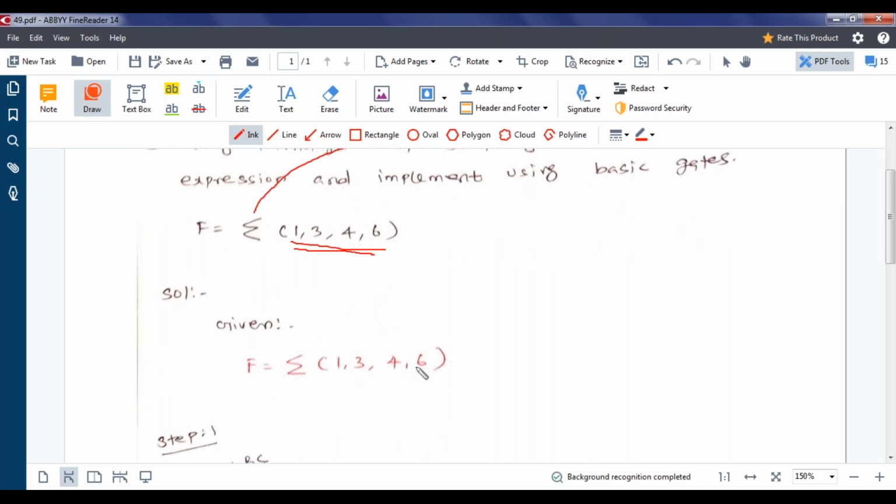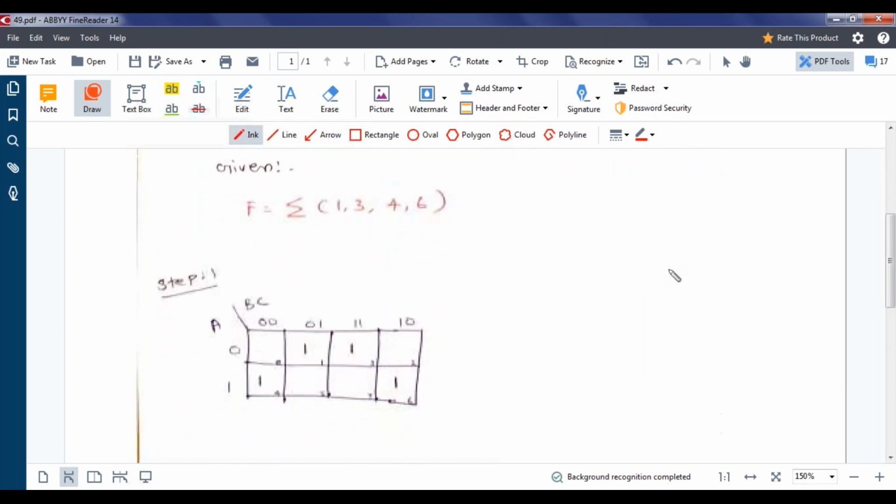So what is the next step? The maximum value is 6, so this is a 3 variable Karnaugh map. We want to map into the 3 variable Karnaugh map, then group it, then go for the Boolean expression. After that we want to implement the Boolean expression in logic gates. In the previous problem we stopped at the Boolean expression, but when implementation using logic gates is given, we want to implement the expression in logic gates. Is it clear for you?